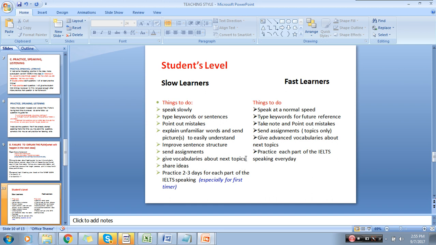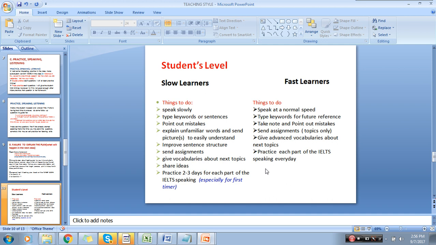For example, if your next topic in part 1 is about housework, kindly send them vocabulary related to housework as well. Share your ideas, okay, and practice 2 to 3 days for each part of the speaking test before you move on to the next part, so that they can fully understand each part before you transfer